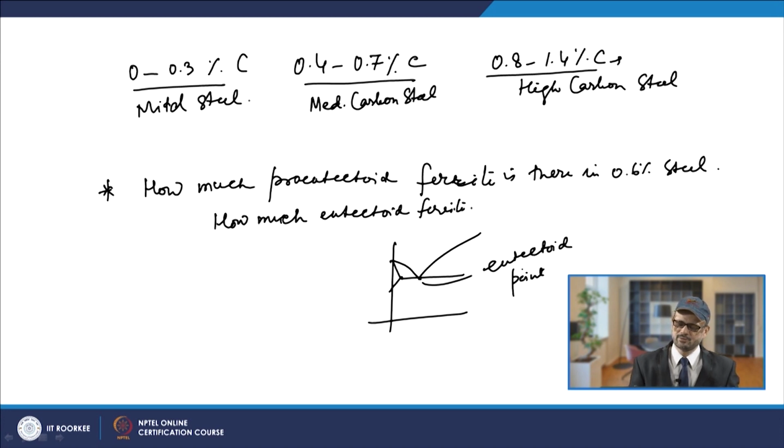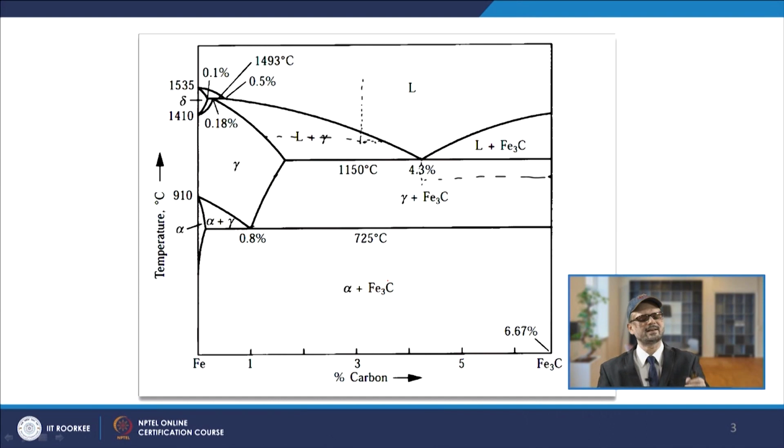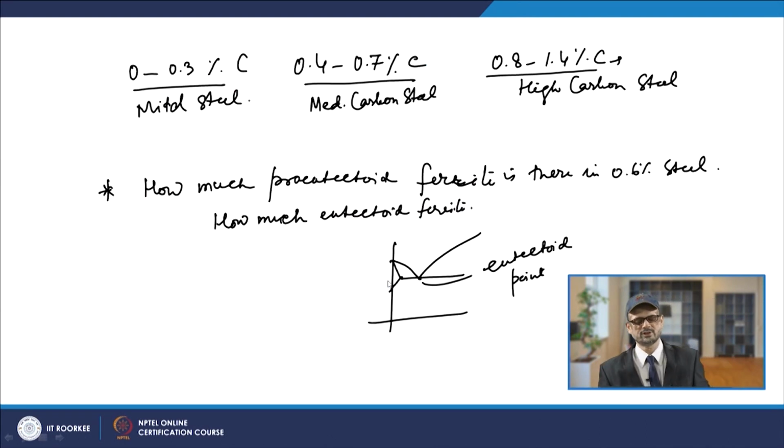This point on this side you can take as negligible, and you have 0.8 here. Now, if you want to find the pro-eutectoid ferrite, this is 0.8, and you are talking about this composition,